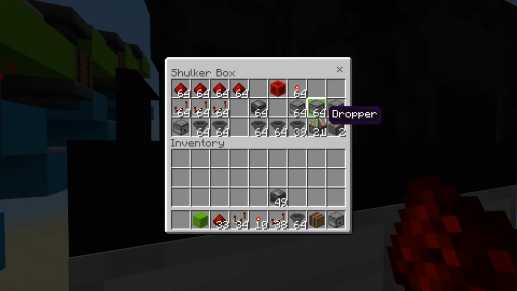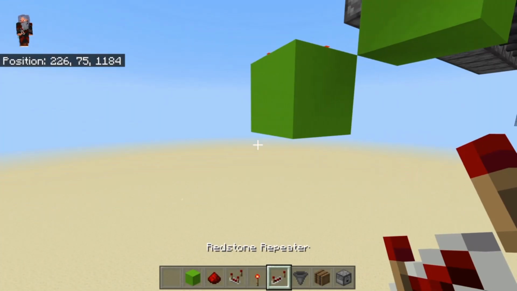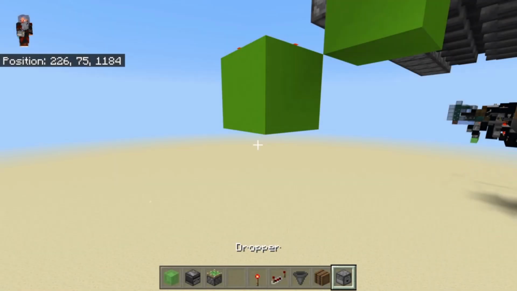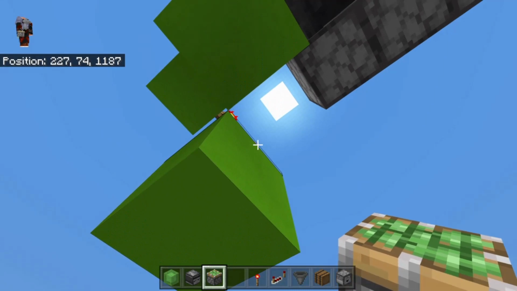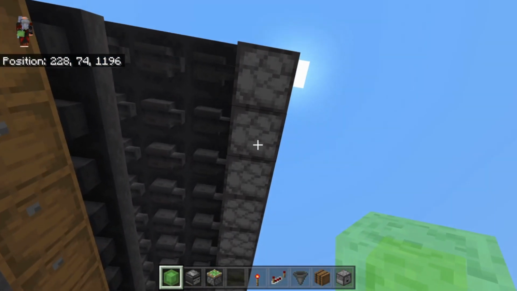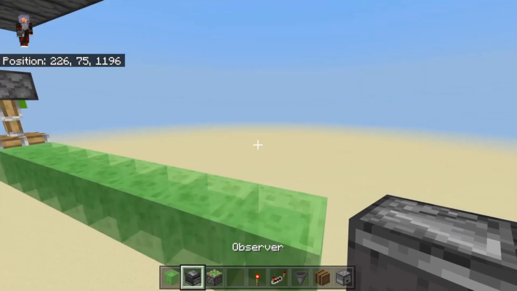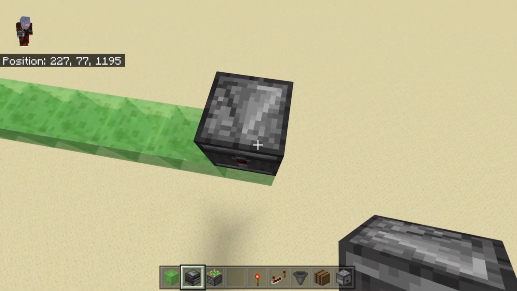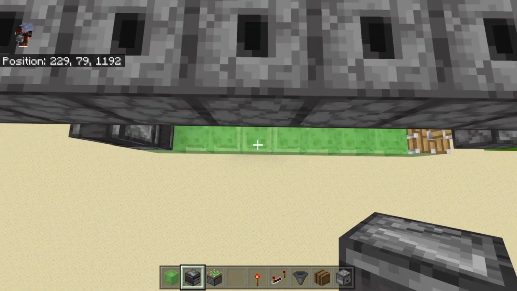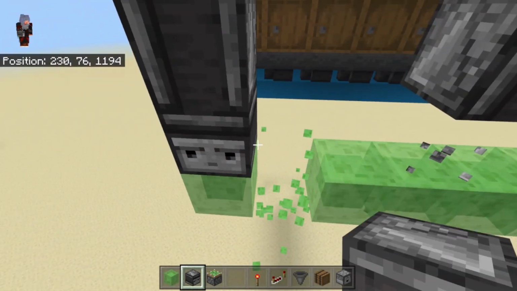We're going to need our observers, a sticky piston, and some slime blocks. So let me move some of this. Okay, there we go. And we'll come down here and place a sticky piston going down. And so we just have to make sure that we get these lined up right so that we get an observer output going up on that one, and that one. So let me break these, put this back,